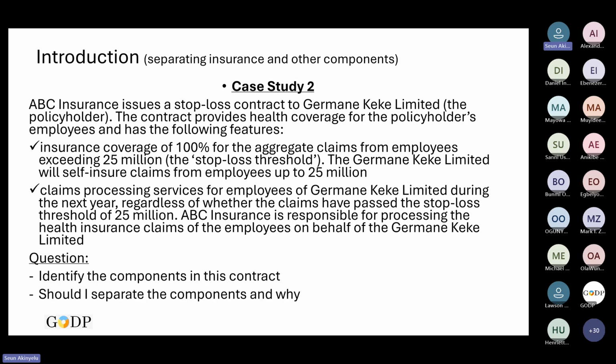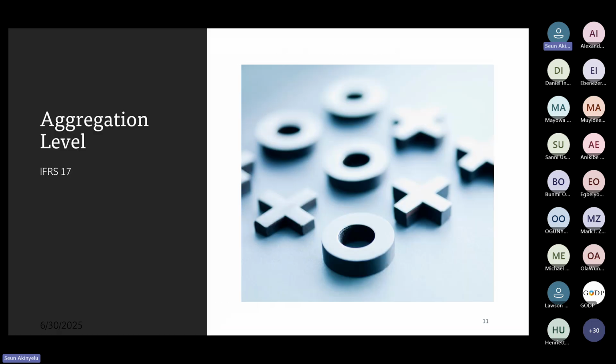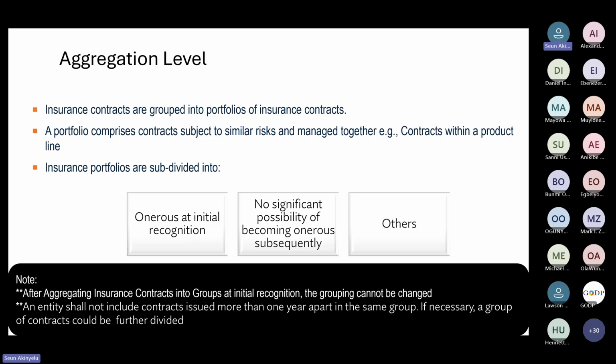So within an insurance contract, you could have investment contracts, embedded derivatives, or other contracts that might, for example, be within the scope of standards like IFRS 15. So, aggregation level. Aggregation level basically is looking at how we aggregate. Whenever you're accounting for insurance contracts, as an insurance company, are you going to account for them one by one? No. This particular guideline requires that you aggregate, meaning that you bring them all together. And whenever you're aggregating, the first level you need to consider is the portfolio level.